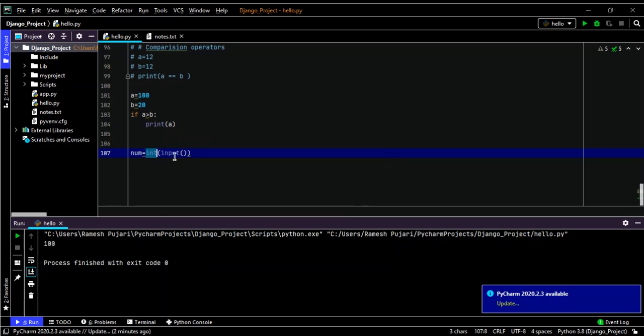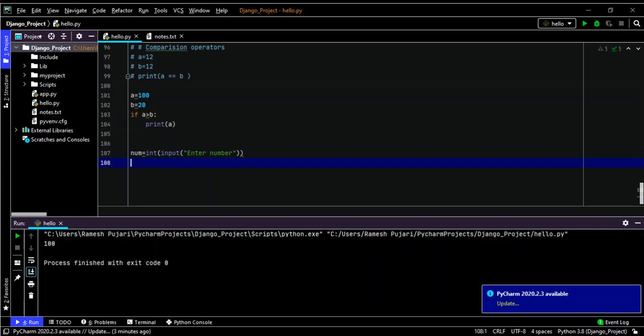This int means whatever you enter will be converted into an integer, it will take only integer values. For that reason I am using int, and I am telling the user to enter the number.